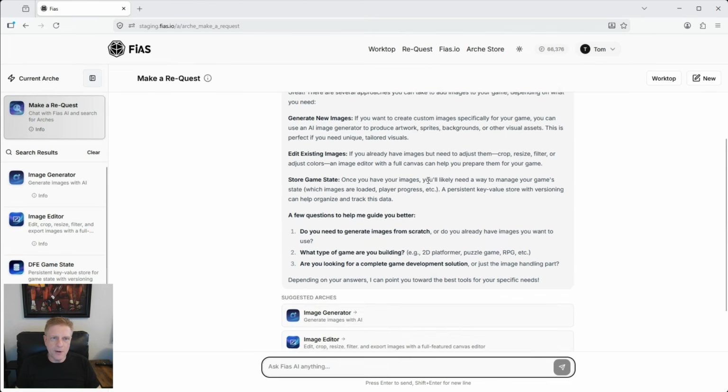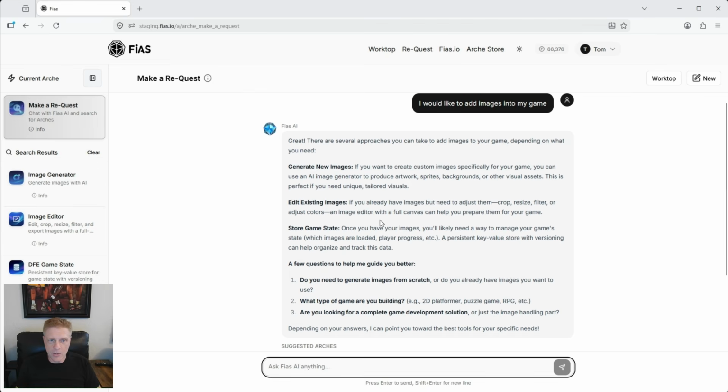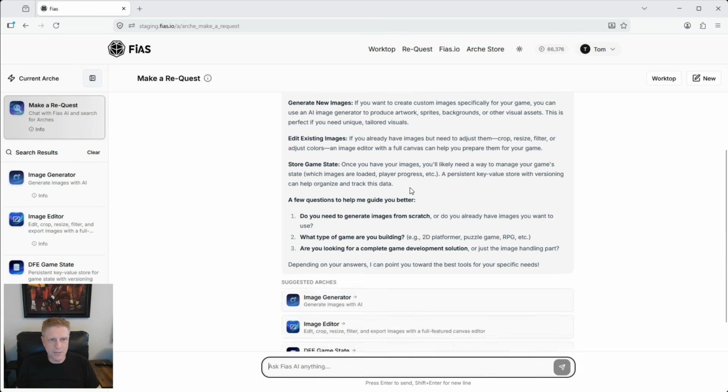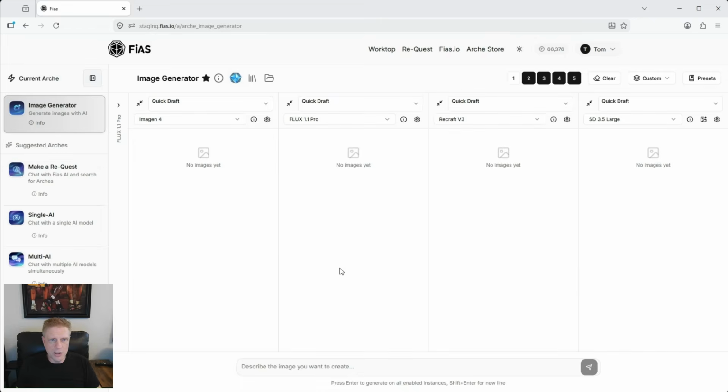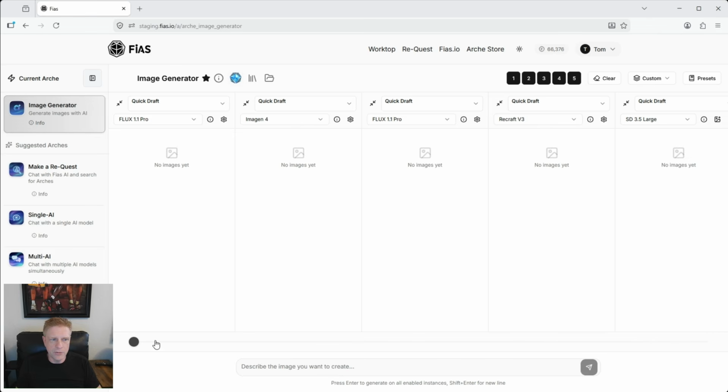One of the things that's different about Fias, though, is not only can you interact with AI the way you normally would. You could say, I want a recipe for brownies, or I have a blood test that I'm worried about, that type of thing. But at the end, it actually gives applications, arches, suggestions of what you can do. So if you want to add an image, well, maybe you want to use the image generator. And so you can come into the image generator and you can enable different panels that each are from a different